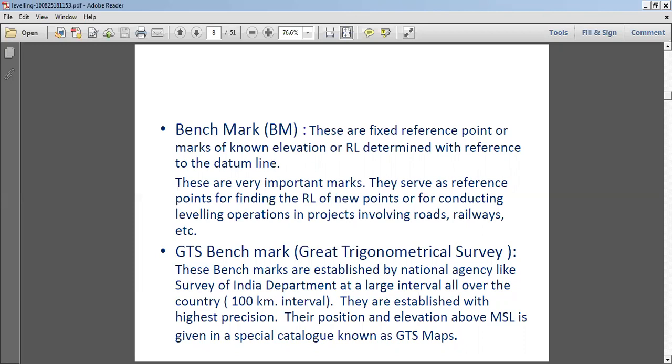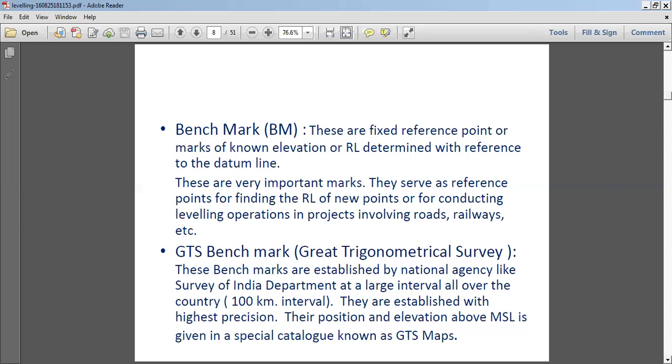For practice, sometimes students, when they are going to start their work, assume 100 as a benchmark because they don't know the exact value of where they are going to start the work. Sometimes the actual benchmark is too far from the site where you are going to start. So at that time we will take a zero benchmark as 100. Basically it's for practice purposes.